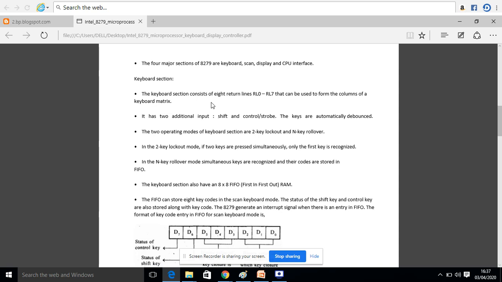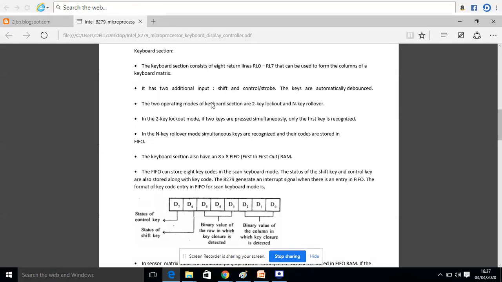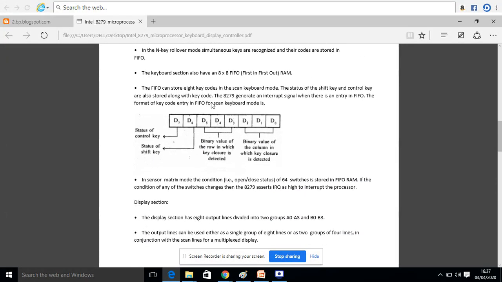The keyboard section also has an 8 by 8 FIFO RAM that is used for storing the keyboard data. The FIFO can store 8 key codes in the scan keyboard mode. The status of the shift and control keys is also stored along with the key. The 8279 generates an interrupt signal when there is an entry. The format of a key entry in the FIFO for scan keyboard mode is